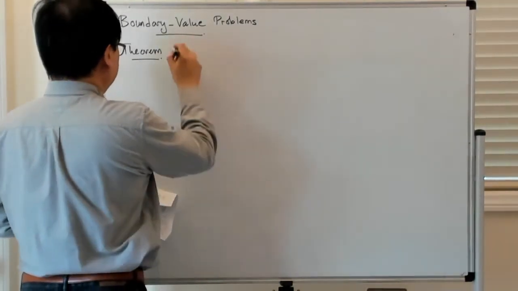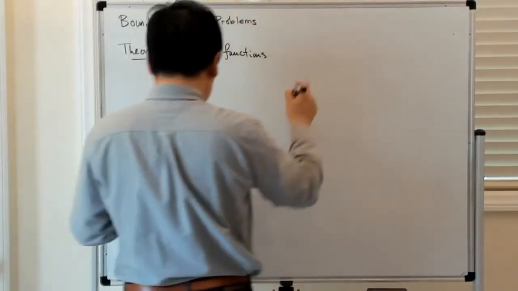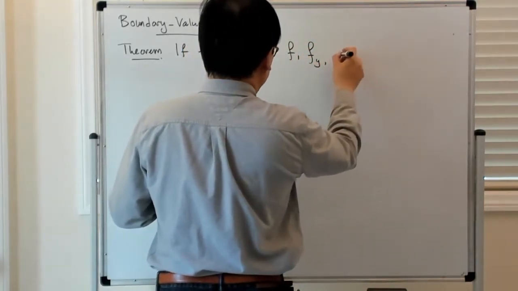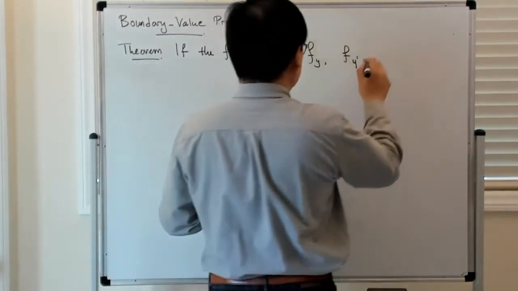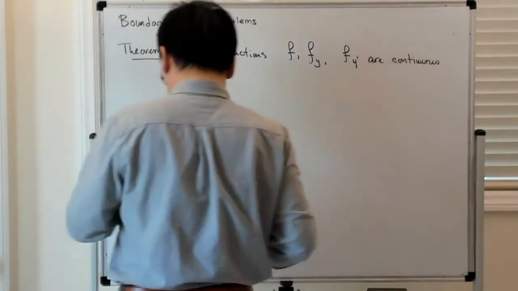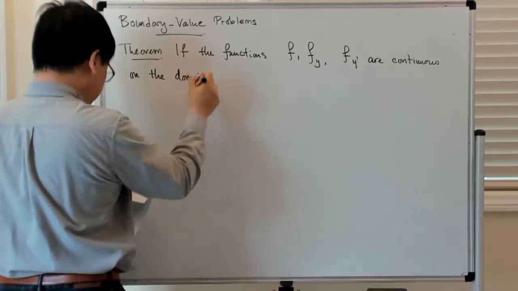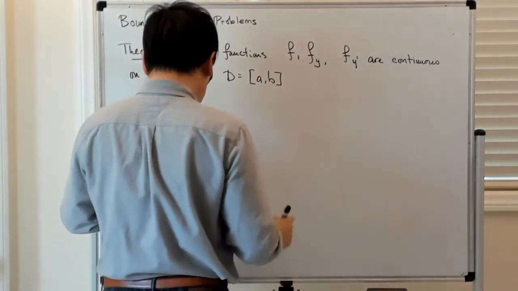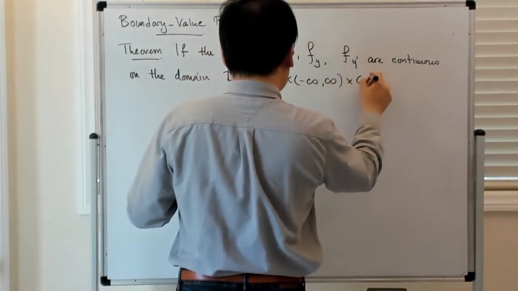If the functions f sub y and f sub y prime, which are partial derivatives of f with respect to y and y prime respectively, are continuous on the domain D, which is a product of an interval in time and open intervals in space,